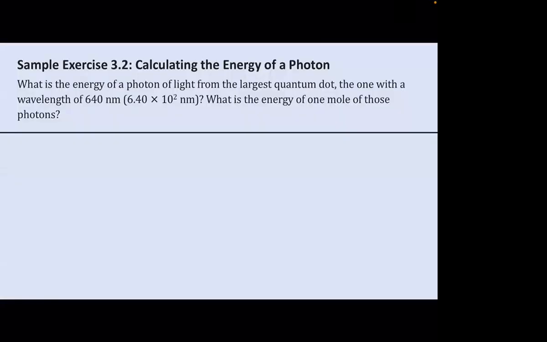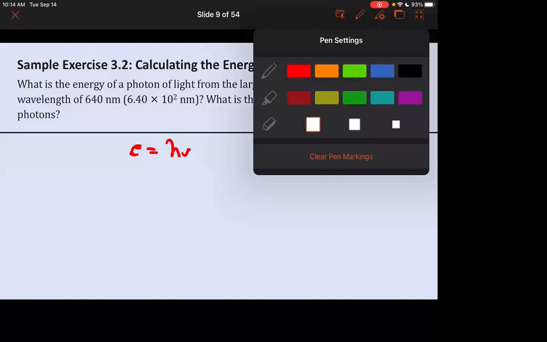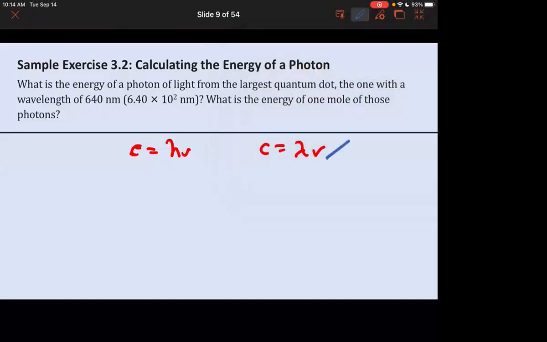So we know we're going to use that equation, and we know we're going to get this, right? That's going to allow us to get the frequency because we're starting with a wavelength. And we've got our constants. We know Planck's constant. We know the speed of light. So let's solve this equation right here for frequency, and then put it into here and get our energy. That's all. So let's take this first equation and we'll say 3.0 times 10 to the 8th meters per